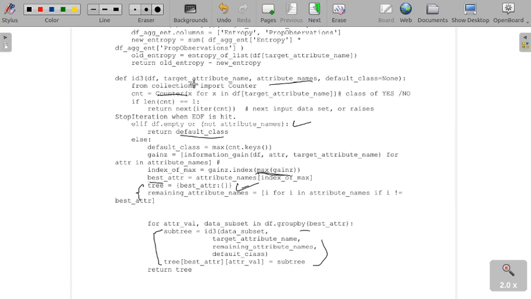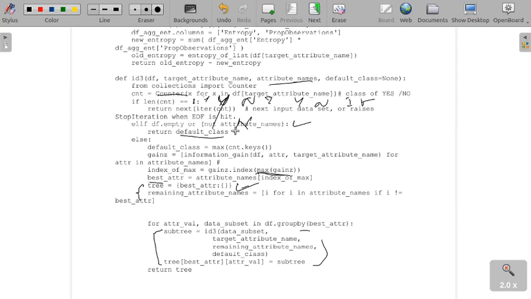So what we are doing in ID3: we take the table and segregate it into positive and negative through the counter, counting how many of each. Later we check if the count is 1. For example, if yes and no are there, the length of count will be 2. If yes, no and something else are there, the length of count will be 3. So if only one classification is there, only yes or only no, then the length of count will be 1, and in that case we return the same classification.